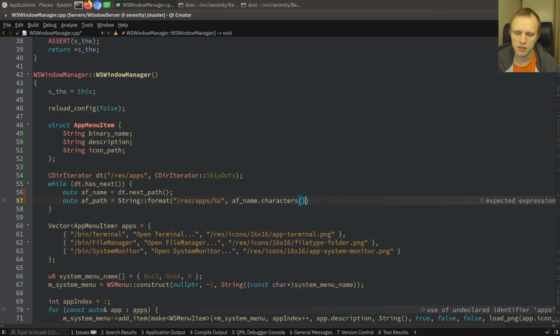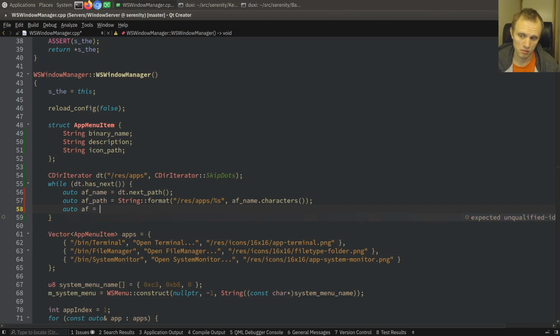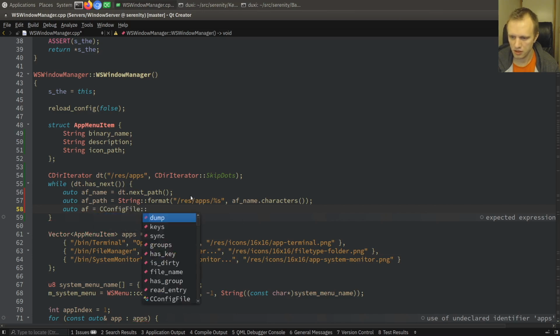AF name characters. All right, and then let's see. Auto AF is C config file, open